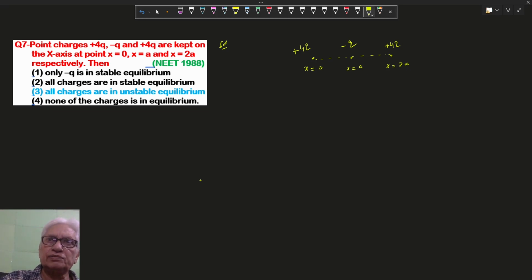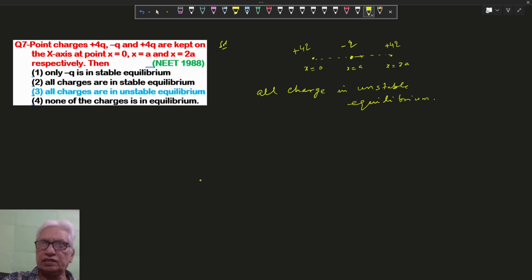Because if you disturb a little bit, then attraction is more than the repulsion. Suppose this Q charge, central charge, is in equilibrium, so disturb a little bit towards say right or left, then the attraction force will be more than the repulsion. So all the charges are in unstable equilibrium. Equilibrium will be there but unstable if you disturb it,